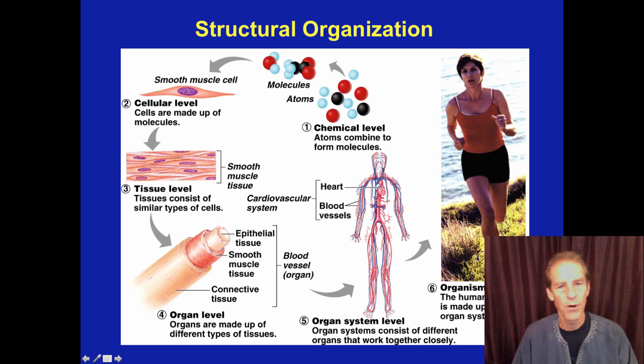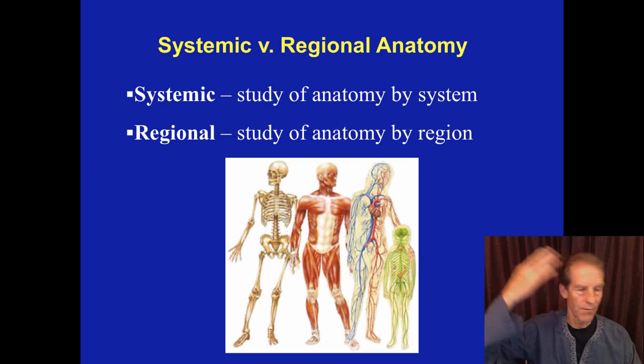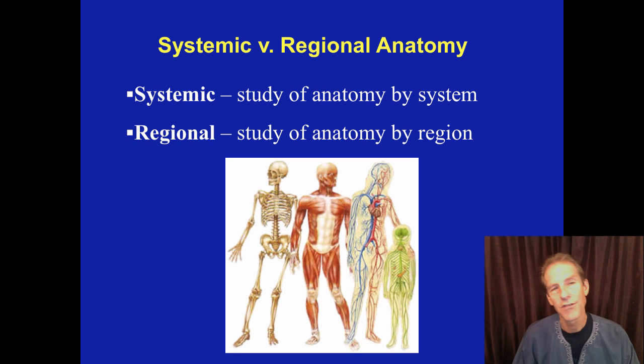So there's 2 approaches to anatomy. There's a systemic approach, which is system by system, and then there's a regional approach where they'll take the upper extremity, the lower extremity, the trunk, the head, divided into regions of the face and the skull. So these 2 different approaches, they both work, and often a book will come at the human body in a regional approach, and then sometimes they come at a systemic approach.